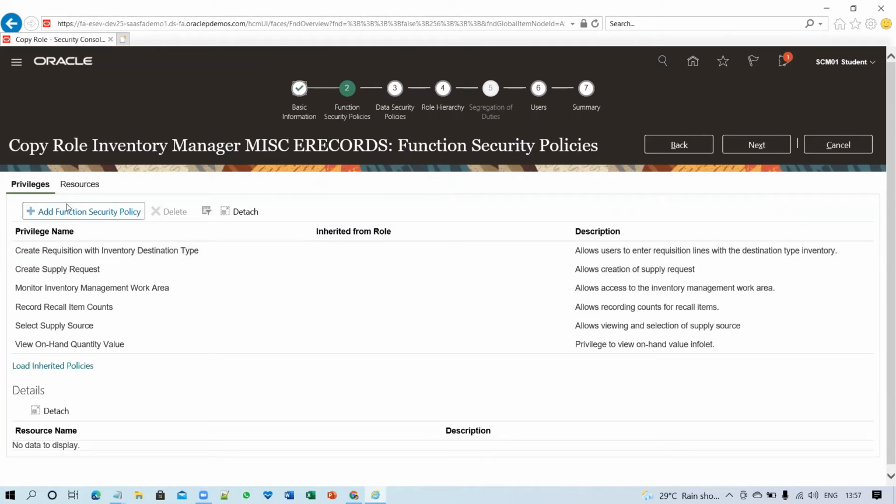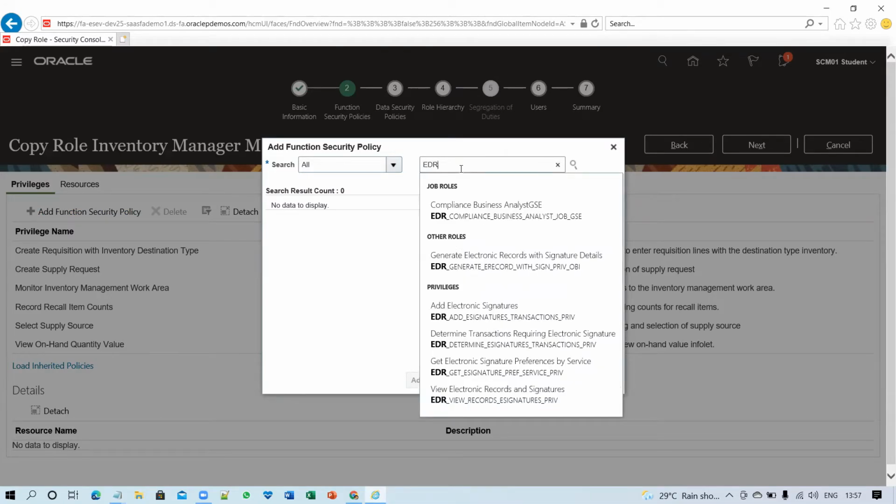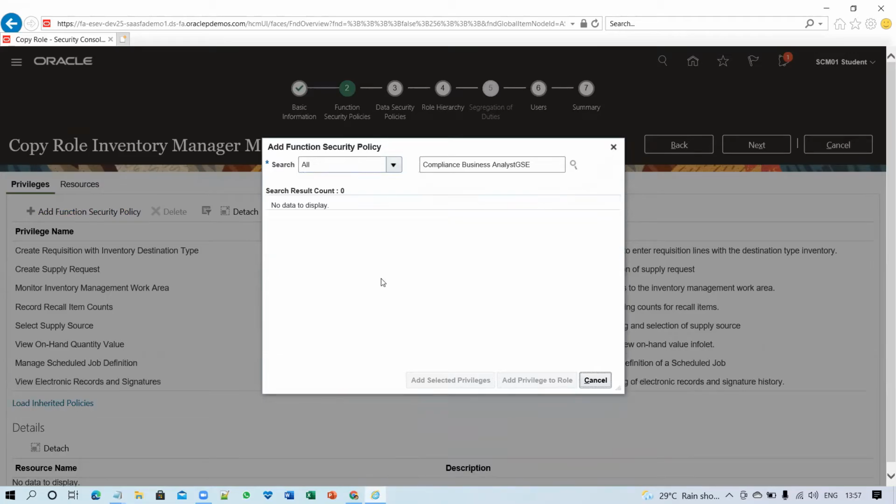Once I click on next, you have to add the privileges, so click on add functions. The first privilege is EDR, so search with EDR. You can see the compliance business one, and you add this. Once you add it, you can see that the privilege got added, view electronic records and signatures.